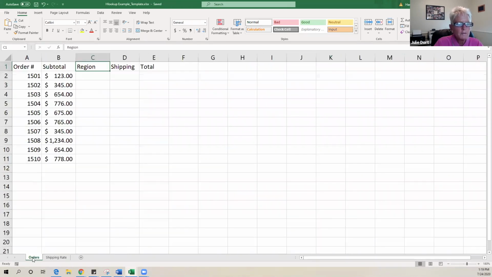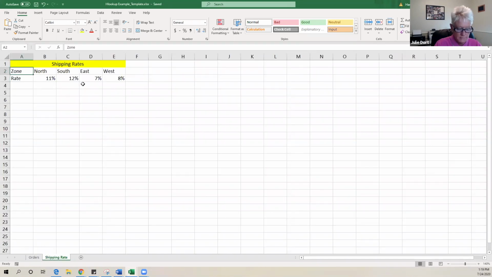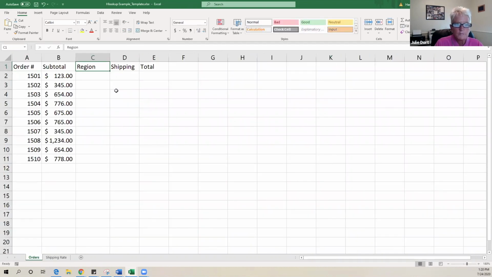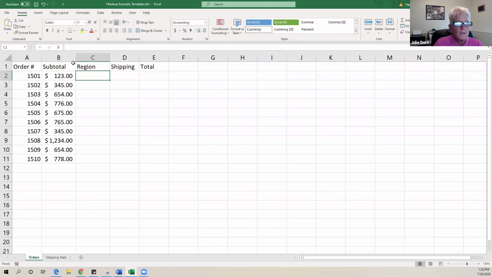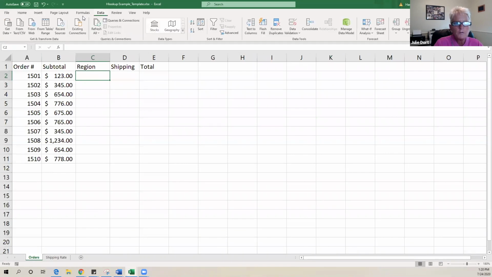So I'm going to come back over here to orders, and you know what, let's just make this consistent. Just notice that we want that to say regions. That's on our order, it says regions. It doesn't impact our HLOOKUP, just to make the spreadsheet a little bit cleaner. So I'm going to come down here to C2, and rather than type in north, south, east, or west, I'm going to go ahead and go to